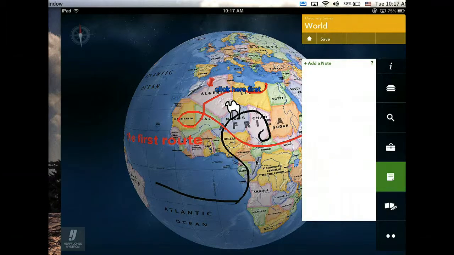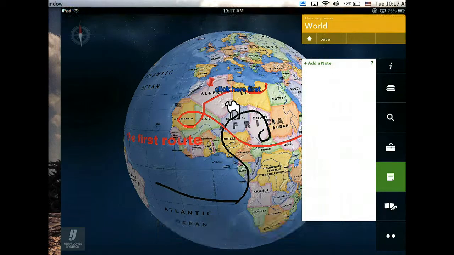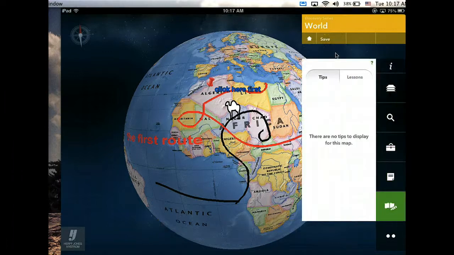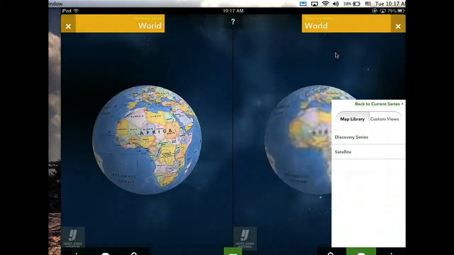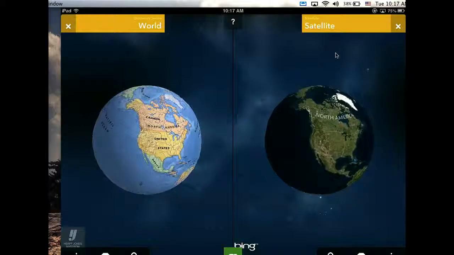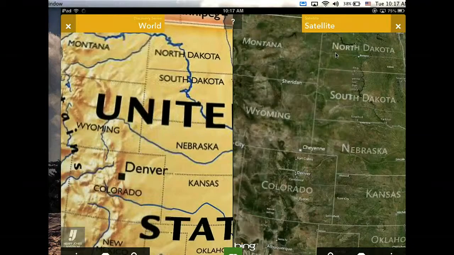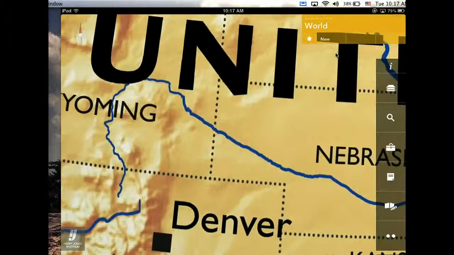You can add notes, because as you notice, you can save up here. So anything that I'm drawing, then I can save this as a lesson, and when students get onto the app, they can actually see that particular lesson. You can also, well, this is where the lessons would be. And I'm going to go to dual. I'm going to discard the things that I have done to this. So you can also look at this in dual setting. I'm zooming in on one and seeing it in both the physical and the satellite view. When I close that and hit the home button,